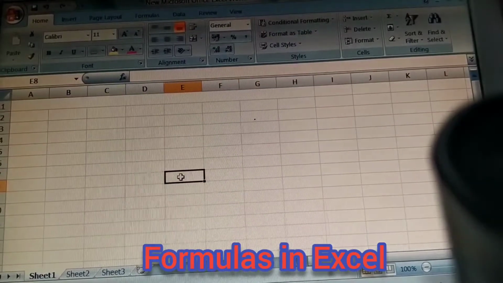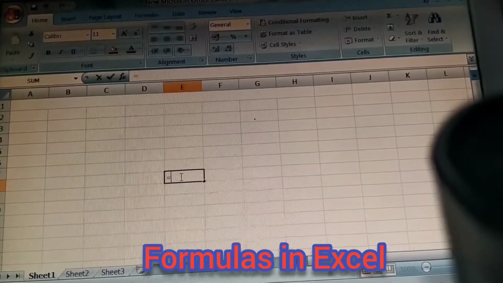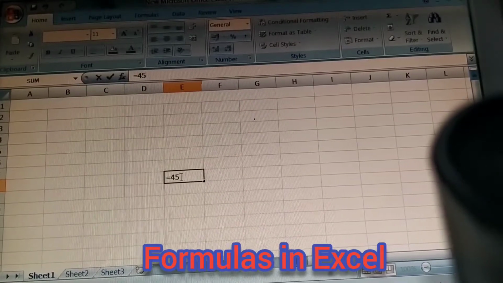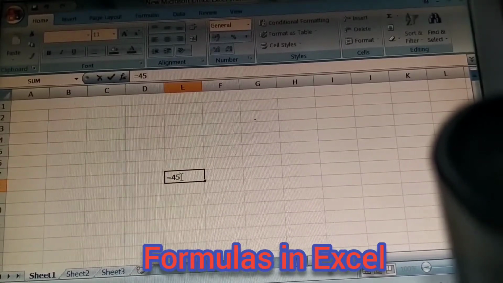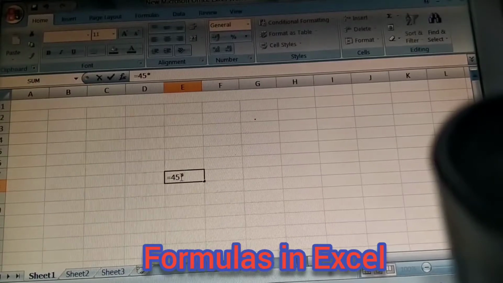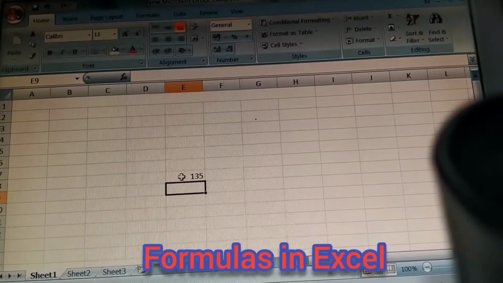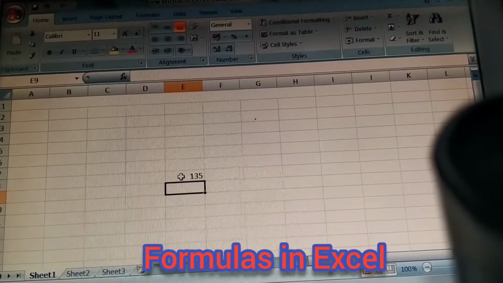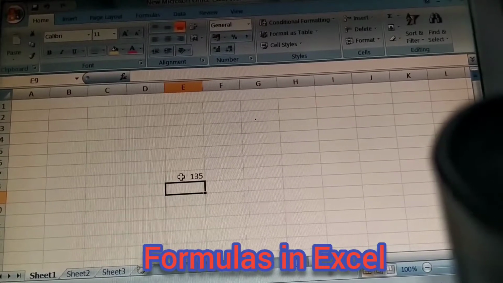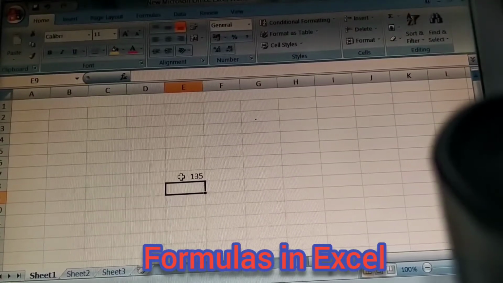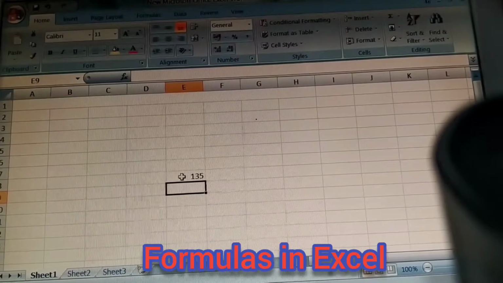For example, again I will show, equal to 45, for multiplication we are using star. So type star and 3, 45 into 3, press enter. See, 135 is the answer. So this way also we can use, and ready-made function formulas are available. So through that also we can make a calculation.